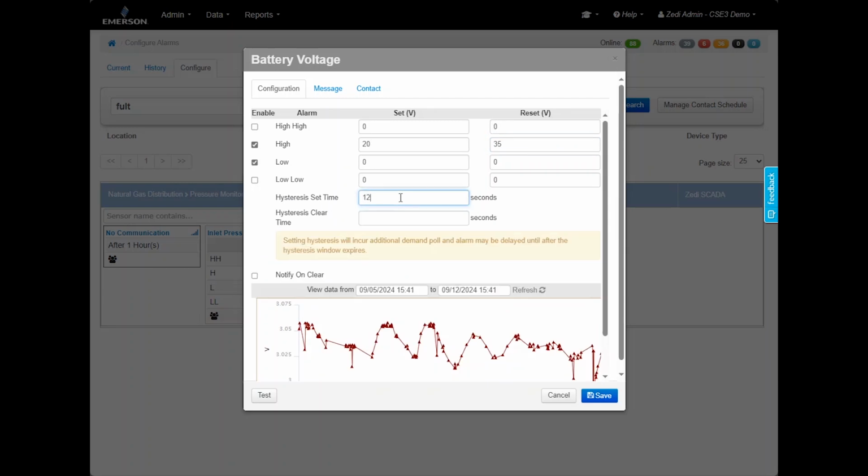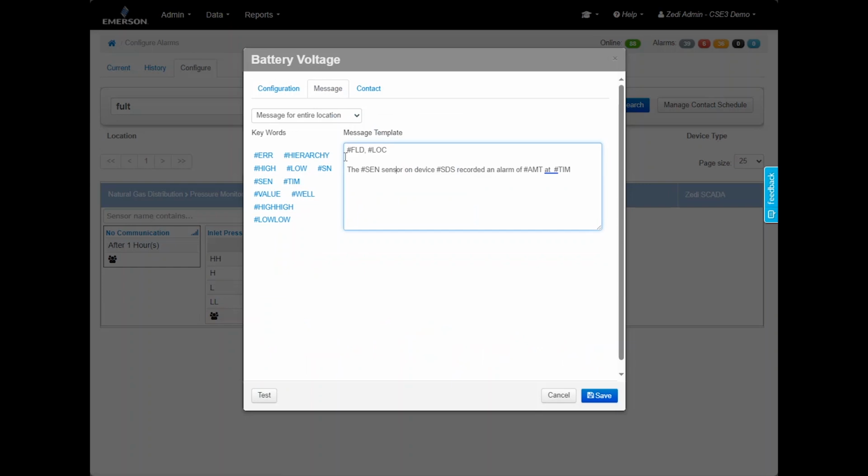The hysteresis set time feature delays both sending and clearing an alarm by a predetermined period. This helps prevent users from receiving frequent, individual alarms for temporary fluctuations. The system performs an additional demand poll to confirm that the device remains in alarm state before it sends out a notification. This ensures that only sustained alarms will trigger notifications, reducing the likelihood of being overwhelmed by transient or